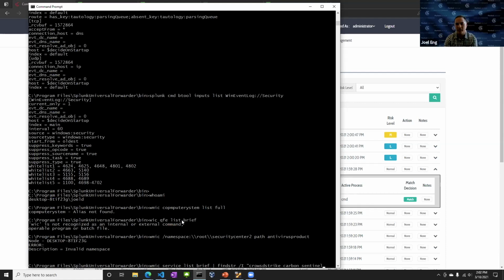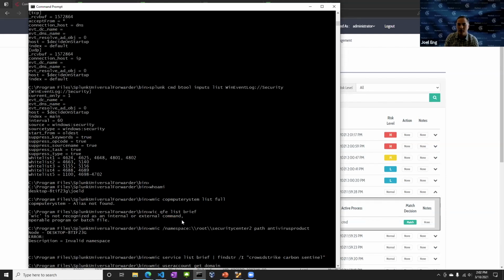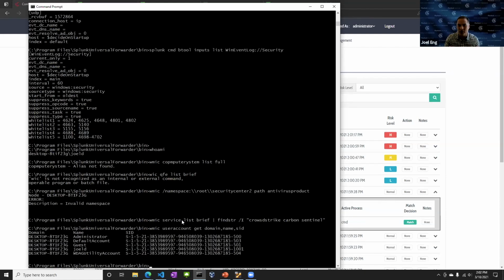You'll notice Paul's got himself to a medium risk state, and now he's into a high state. Once you get to a high state, a few things can happen. In this case, Defend does have the ability to do some type of SOAR capability where it could lock out the computer if you wanted to. More likely than not, though, if you're working in a SOC, you don't want to take that kind of risk with your users. So you're probably going to say, I want this to stay in a high risk state unless this person acts just like Joel,